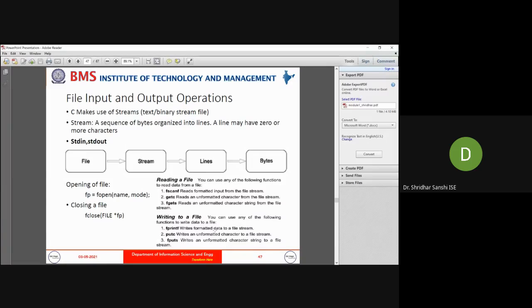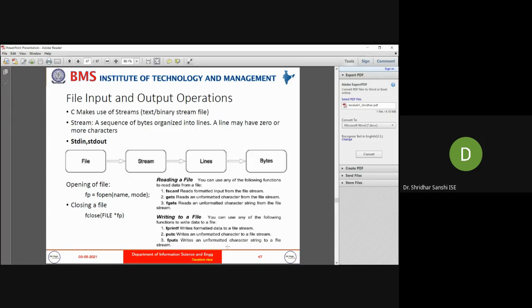So fscanf, as I told, scanf is used for reading formatted input. So fscanf is nothing but reading a formatted input from a file stream. Similarly, getc is used for reading a character, an unformatted character from a file stream.